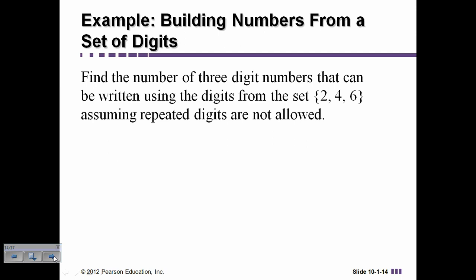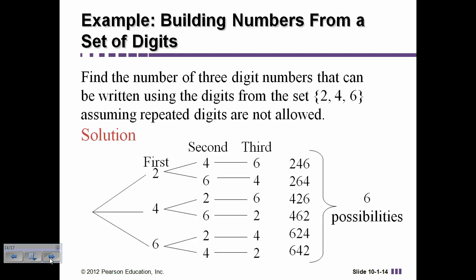And I wanted to figure out how many different possibilities of 3-digit numbers I could come up with. So for example, I could come up with the number 246. I could come up with the number 426. So there's different possibilities for the different numbers. So if you look at what we have here,